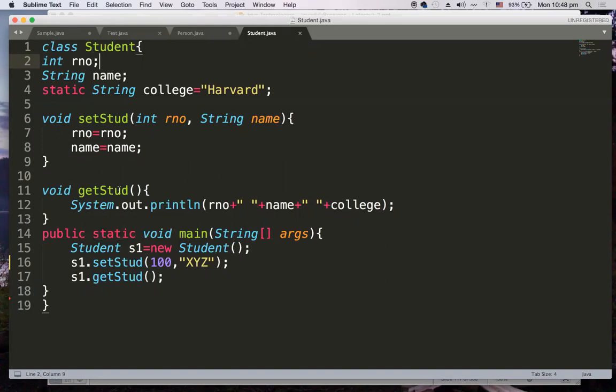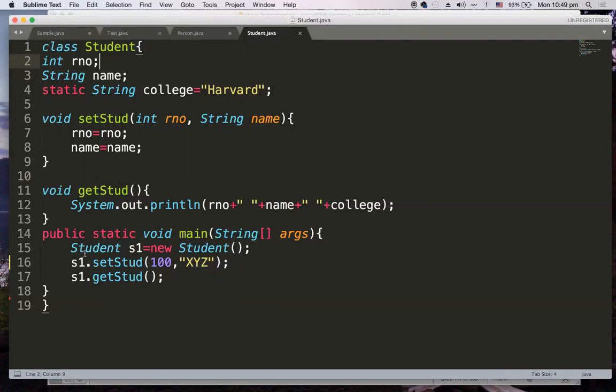This is my business class, and in order to make it executable, I have a main method, public static void main String array args. Here we are creating one student object which is referred to by s1, then setting the student by calling the setStud method, and then getting the details of the student using the getStud method.